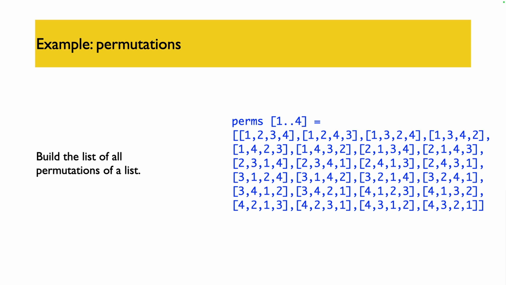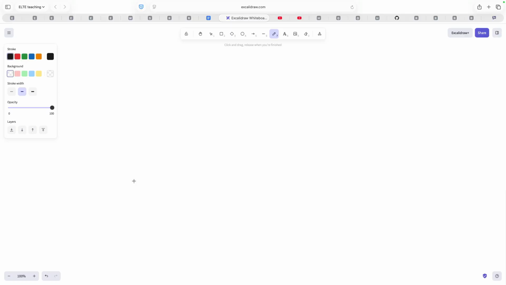Now, how can we build a list of all the permutations of a list? I'm going to describe 2 informal designs for doing this, and then give you a chance to think about that, and then I'll come on and show how they're implemented in Haskell. For our first example, let's take the list, just for example, A, B, C, D. So the first element of the list is A, and the rest of the list, the tail, is B, C, D. And suppose we want to